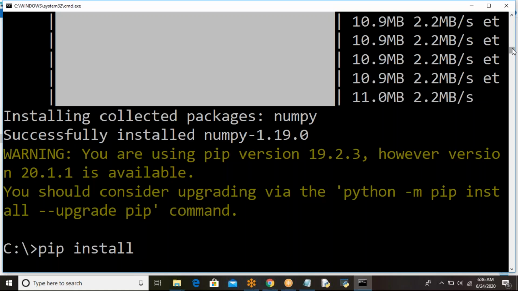Then next, I'm going to install pandas. Why pandas? It is used in data analysis, mostly used by data scientists and data analysts. Yes or no? So to install this, what you have to do? The same procedure. Pip space install space pandas.